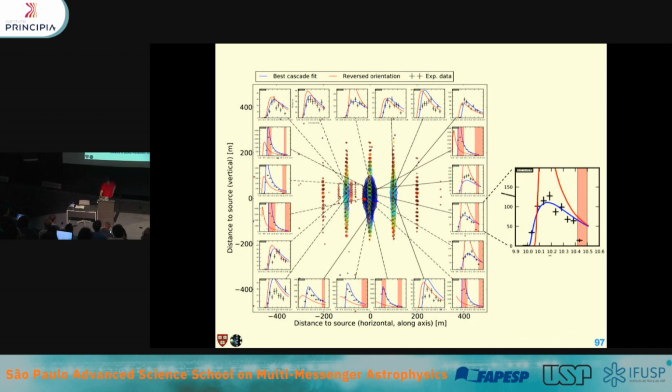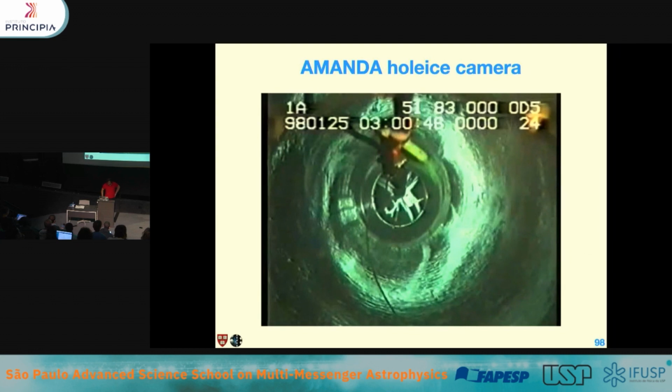And so now, this goes to Orlando's comment earlier, which is that there are air bubbles in the ice. But some of the air bubbles that are in the ice were actually put there by us. So when we deploy the detector, this was actually a picture from AMANDA, but similarly for IceCube, when we put detectors in the ice, we drill that hole that we saw in the first lecture, and then we put water back in there. That water we put back in the ice has lots of bubbles. And those bubbles also distort the